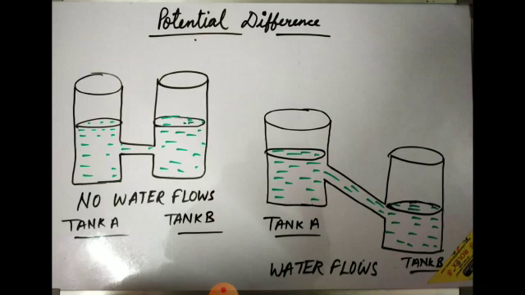negative, because about electrons we came to know later, but conventionally we knew that current flows from higher to lower potential, from positive to negative terminal. So this is the phenomenon of potential difference.